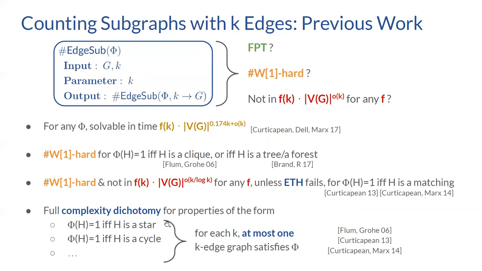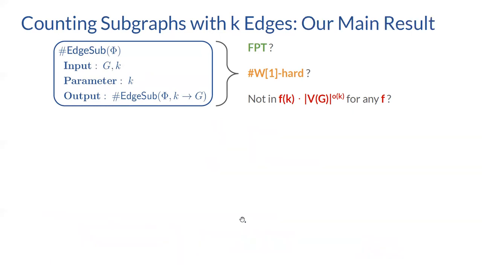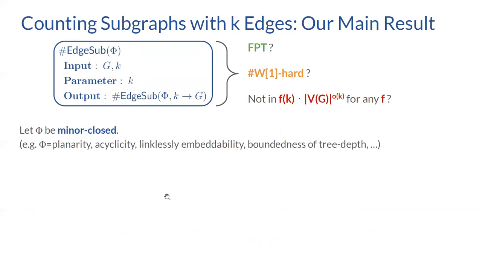The entire dichotomy follows a line of work starting with Fröhlich and Coe and then continued by Kotechapian and Marx. Now, what did we show? We gave a complete complexity dichotomy for properties that are minor closed. So this is one of our main results, which states whenever phi is a minor closed